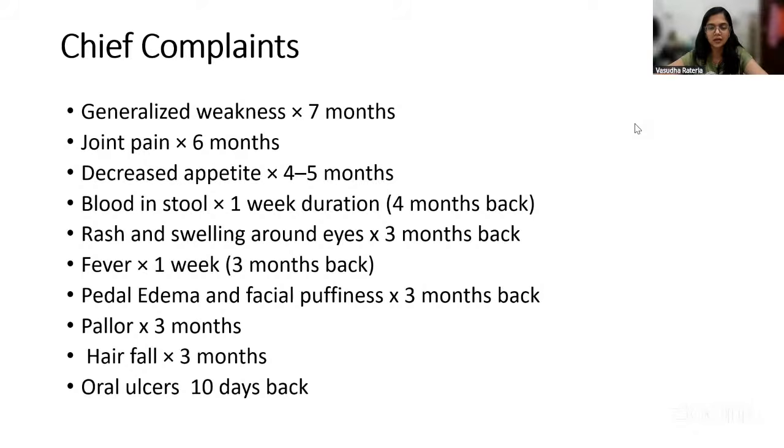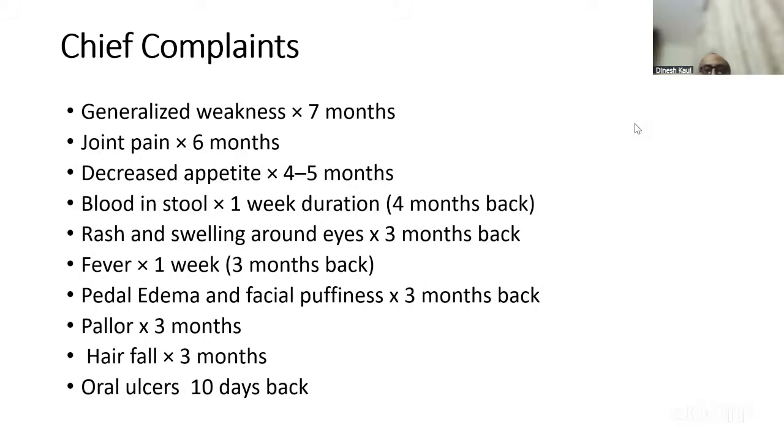In an adolescent girl, firstly, it will depend on the nature of the blood that is in the stool. If it is fresh blood, then my first differential would be to look for local causes, for example, hemorrhoids or strictures. If it is dark colored blood, which we call melena, then mostly upper GI causes. She could be having peptic ulcer disease, since she's having so much weakness and decreased appetite.